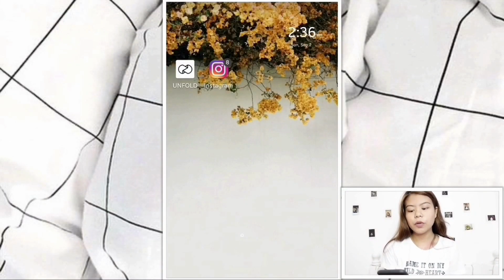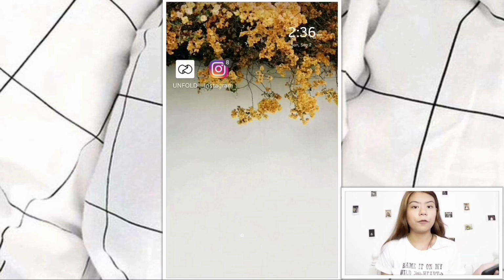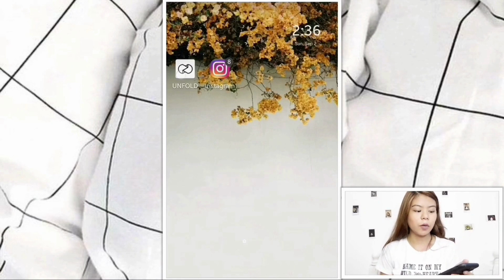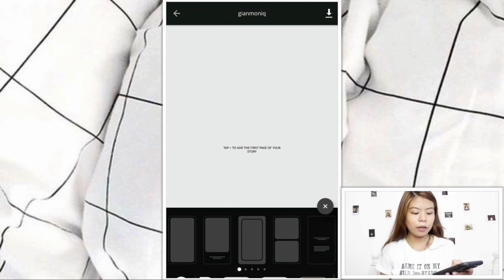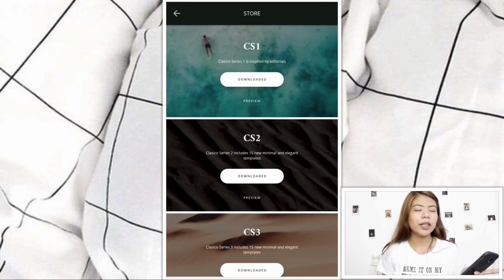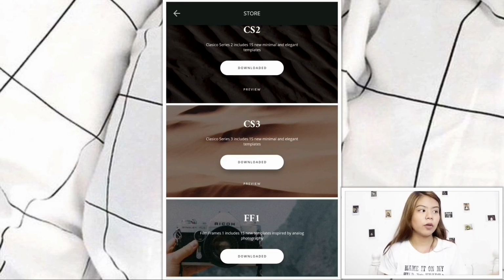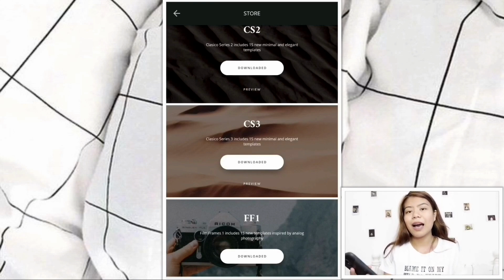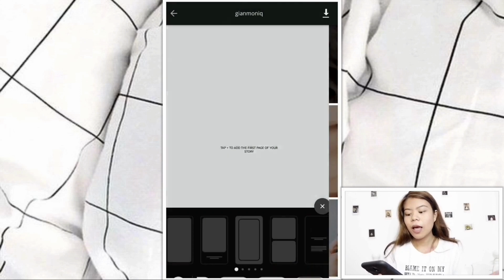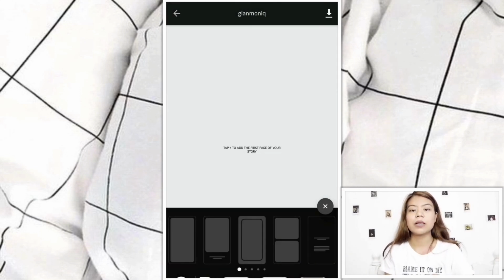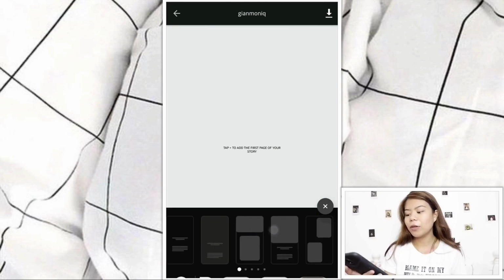So guys, kailangan nyo yung application na named Unfold. This is free for you guys. So pag open nyo, may makita kayong mga CS1, CS2, CS3, and FF1. Ang CS1 lang yung free dito guys. Unfortunately, kailangan nyo bilhin yung CS2, CS3, and FF1. And I tried looking for an APK format kung saan gagawin yung free, pero wala akong makita. So kailangan ko pang bilhin yung CS2 hanggang FF1. By the way, if you'll buy this, hindi ka naman lalagpas ng 220 pesos. It's below. So, sulit naman siya kasi ang gaganda talaga ng layouts here,